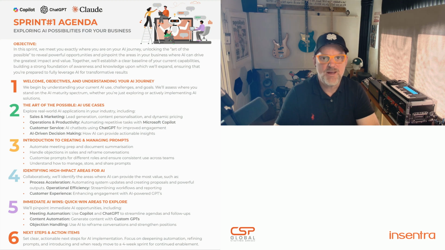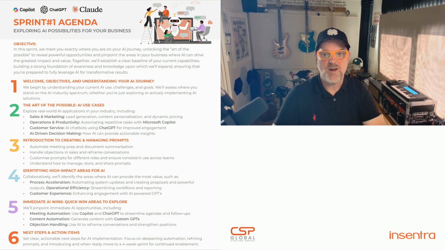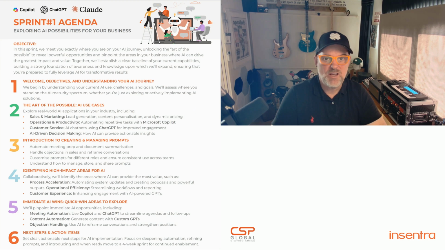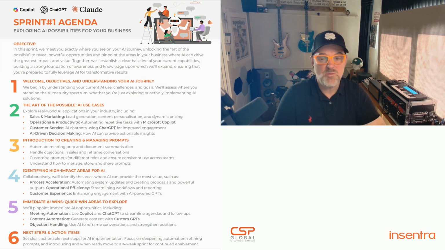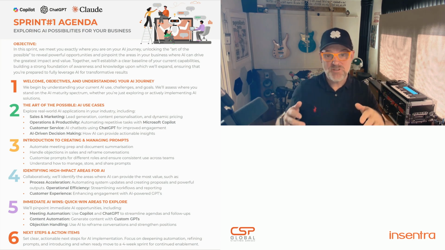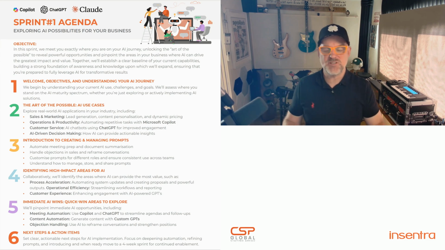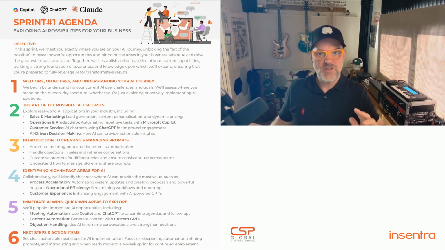We'll then look at things like the art of the possible. There are some example use cases that we can focus on, but during the prep for the sprint, we'll focus in on use cases that are really relevant to where you're at. Some examples are in and around sales and marketing, depending on what kind of business you're in, whether that's marketing your own services, capabilities and business motion, or out to your clients, or you may be a business to business type organization.